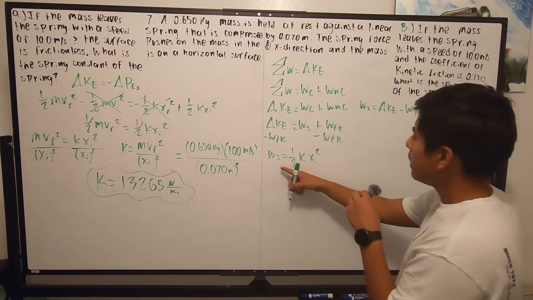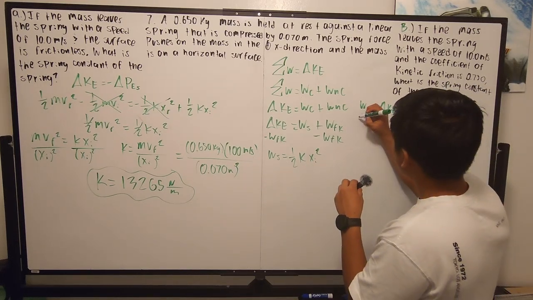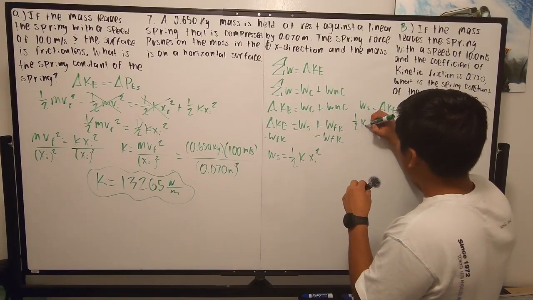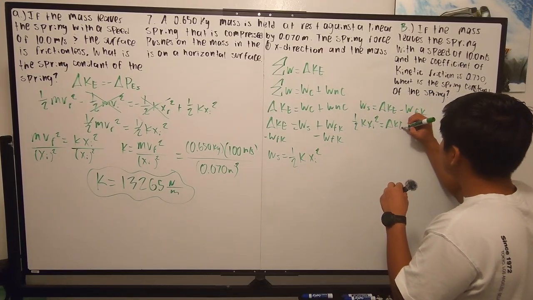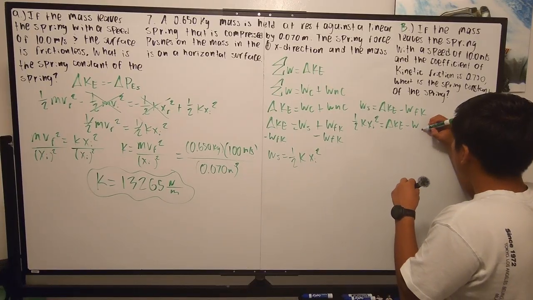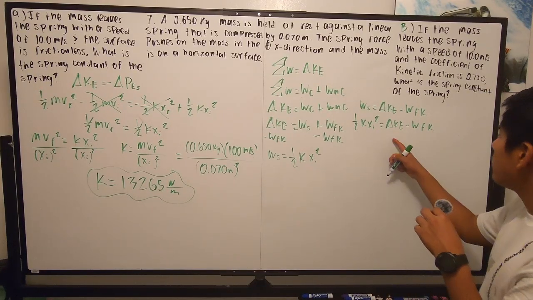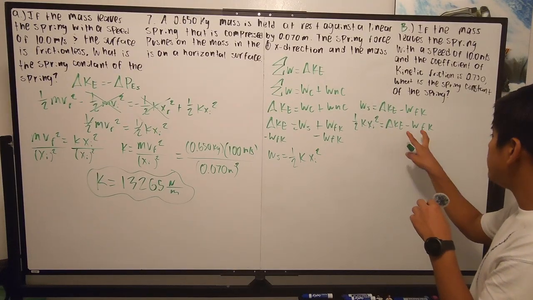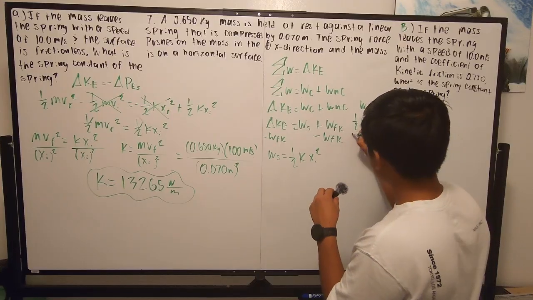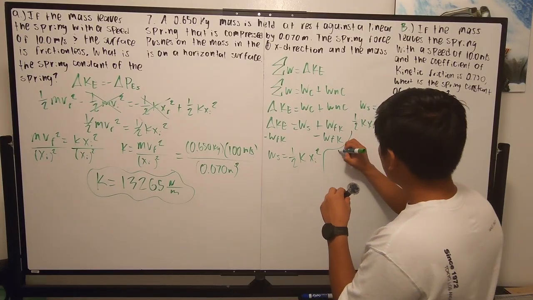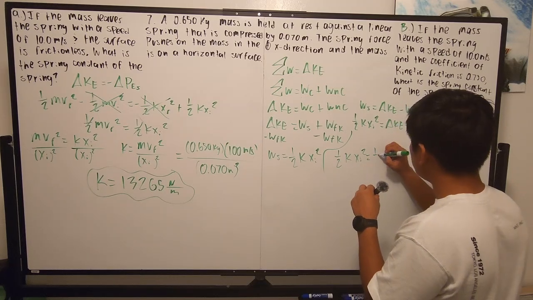So I can go ahead and plug that in here and then just isolate for k. So now I have 1/2 kx initial squared equals the change in kinetic energy minus the work done by kinetic friction. Now here, I'm going to go ahead and expand these as well. So then I have 1/2 kx initial squared is equal to,